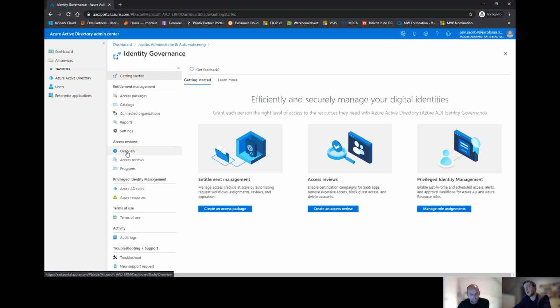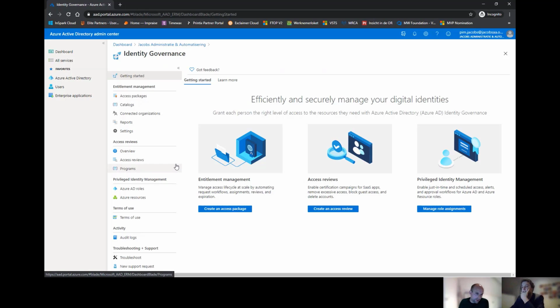How can I make sure that a review will take place on already provided access? Because with an access package, people request access, and with an access review, they already have access, and I want to challenge the users: do you still need that access which we applied in the past?